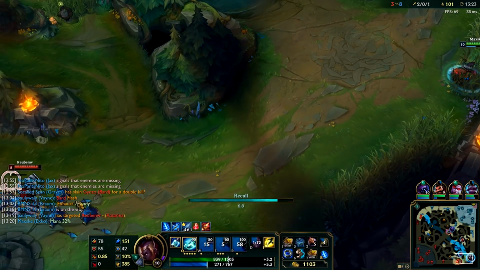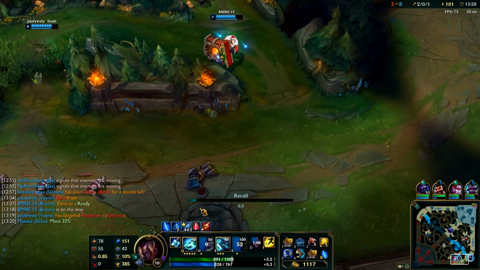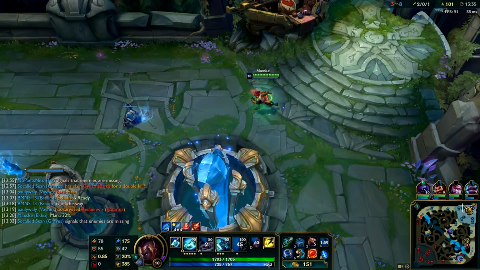So I see Katarina in the bot lane, so I'm just gonna ignore her and just back. She's 1-3, I'm 2-0, 30 more CS than her, so we're doing pretty good. And now my bot lane's gonna try to fight Katarina. Don't know how I feel about that, but...